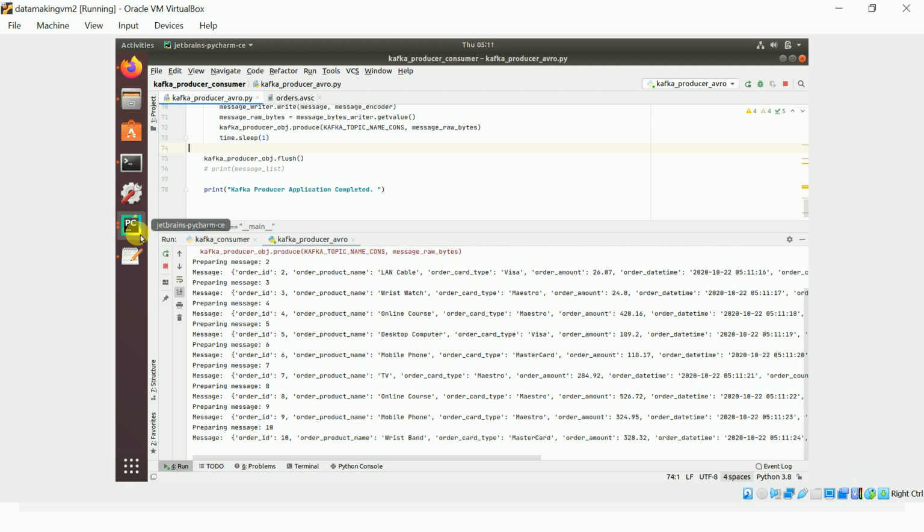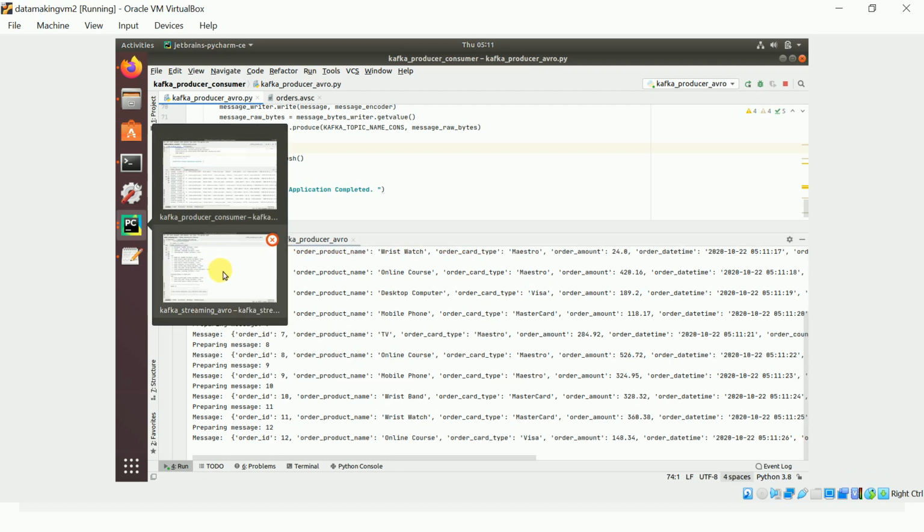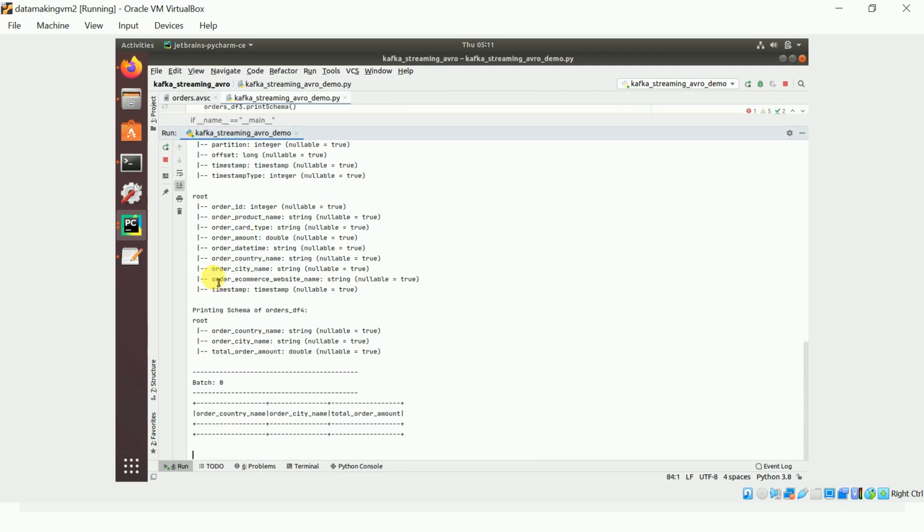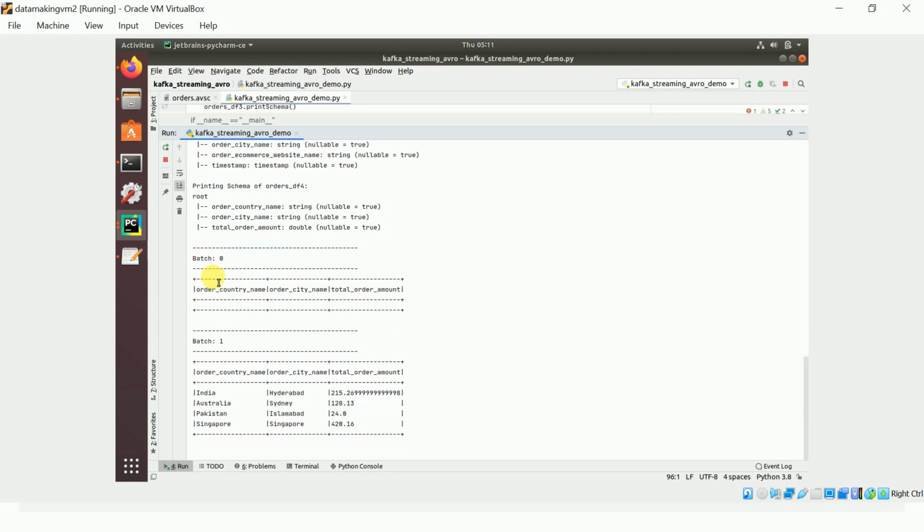Let's go and check our Spark structured streaming program. In the 0th batch we did not get any data. Now let's wait for some more time. We published the data, right? That data has to be received and aggregated.